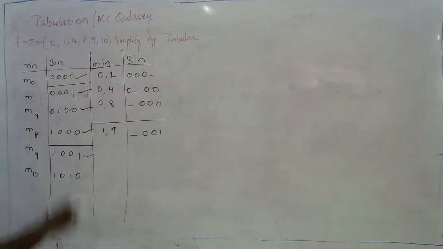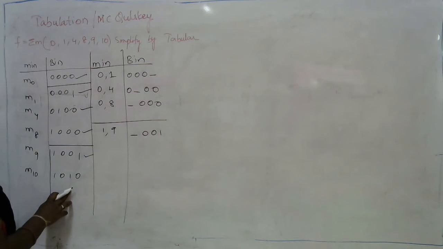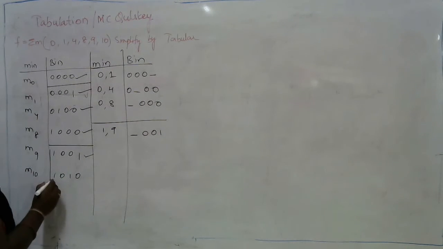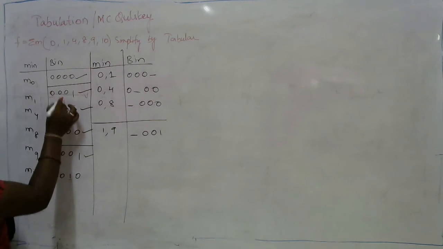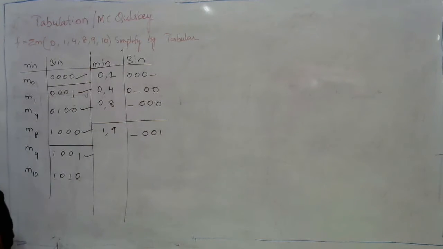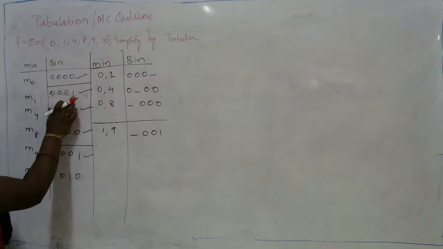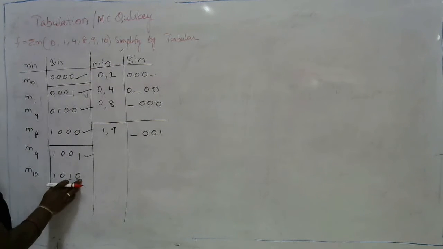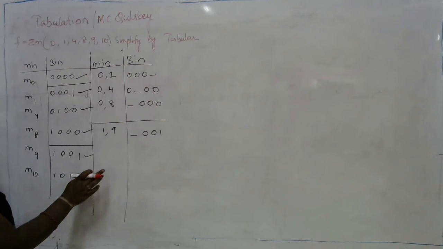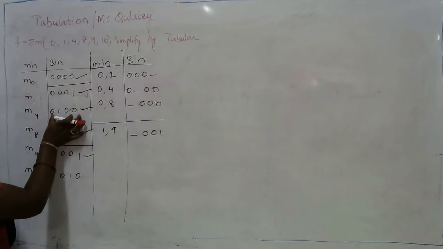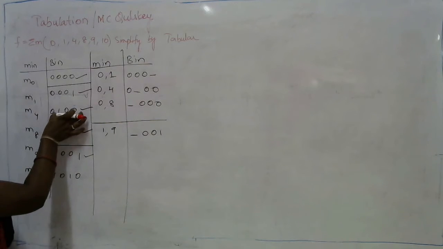And the next one is again compare 1 with 10. In the case of 1 and 10, there is a change in the MSB, that is 1 and 0, as well as a change in the third bit and in the fourth bit. If there is a change in more than one bit position, don't write down those corresponding terms. So as 1 and 10 do not have a change in a single bit position, we should not consider 1 and 10. So I should not keep a tick mark for 10. Similarly, compare the second minterm present in partition 2, which is 4. Compare 4 with 9.